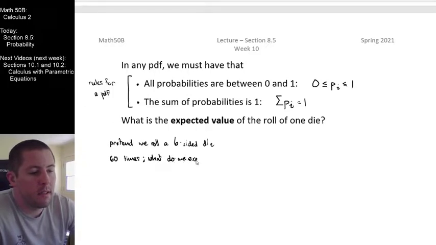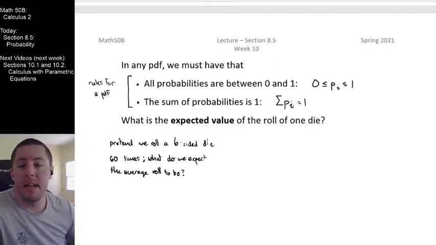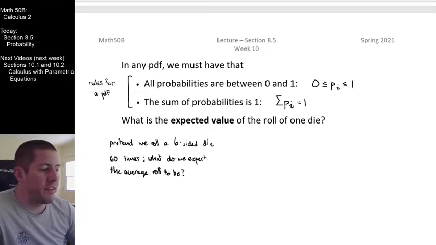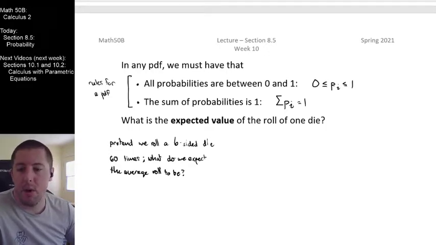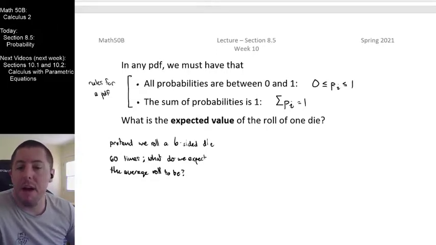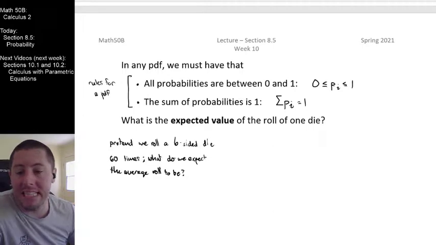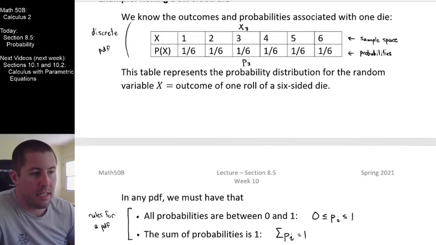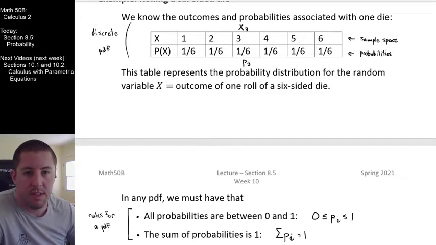What do we expect the average roll to be? I'm setting up a hypothetical scenario, sort of like a simulation, where we can say what we would predict to end up seeing. Here's what I'm thinking to myself. I obviously picked the number 60 for a nice reason, and that there are 6 total possible outcomes associated with this die.